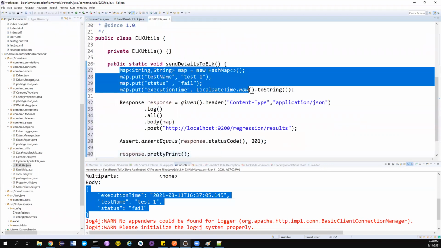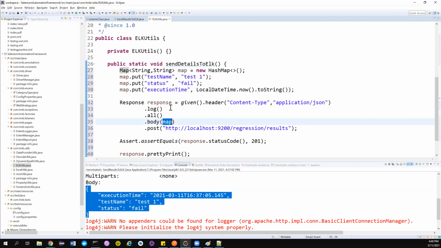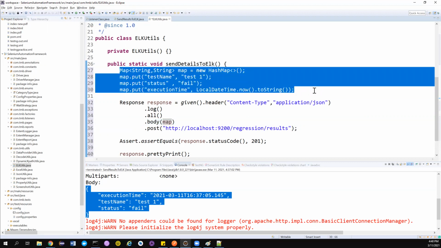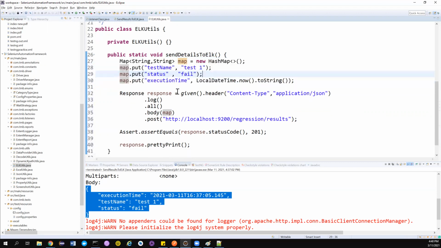Again, guys, I'm using a map here. This is the easiest way. If you want to construct a POJO, you can do that. You can also pass it as a string. You can pass it as a file. There are multiple ways you can construct this body, but here it is very simple JSON. So I used a HashMap because you don't have to import any other library, right? So good. Now this is done.